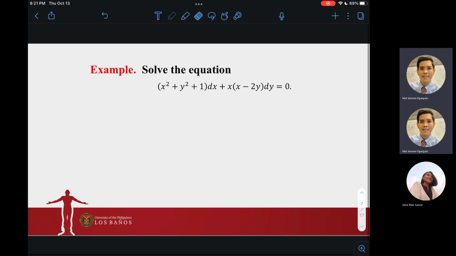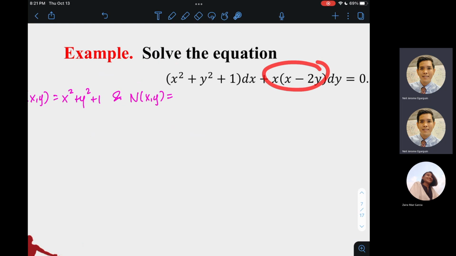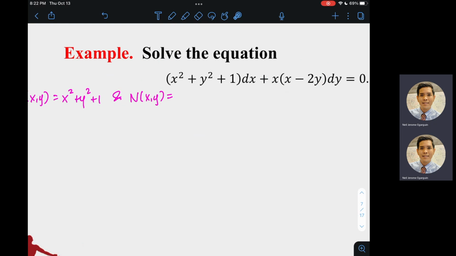What I'll do here is to let my variables first para mas klaro dun sa babasa ng solution. Ano yung mga pinagsasabi nating function m, ano si function n, right? So here I will let the function m of the variables x and y to be x squared plus y squared plus 1, and n of x, y will be the second function here, yung namumultiply by dy. Simplify ko na siya, siya ay magiging what? Siya ay magiging x squared minus 2xy. Okay? And then